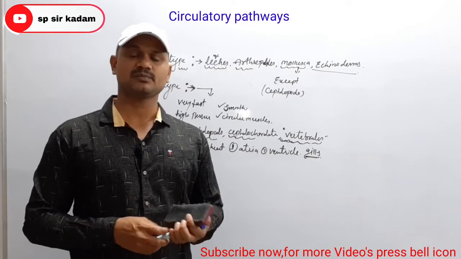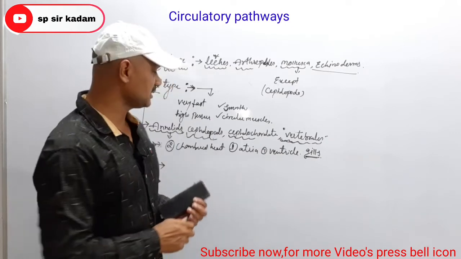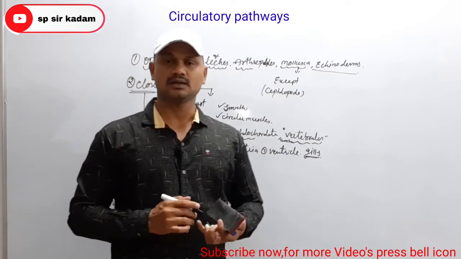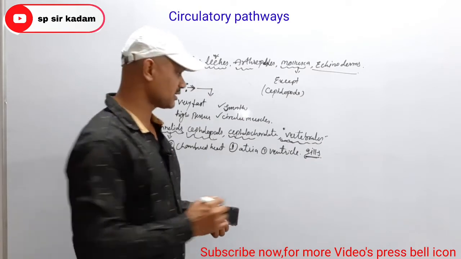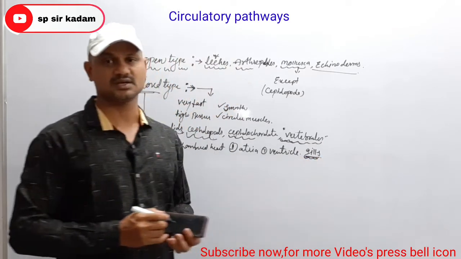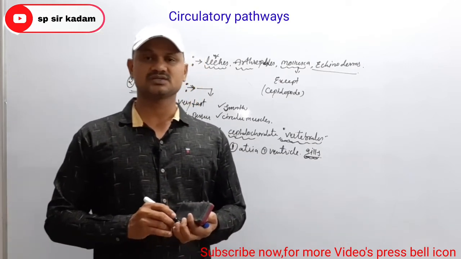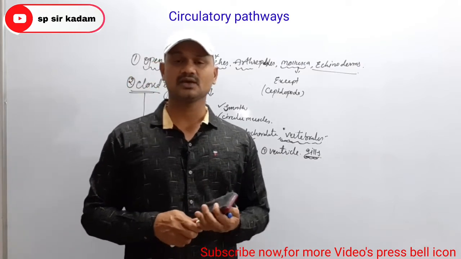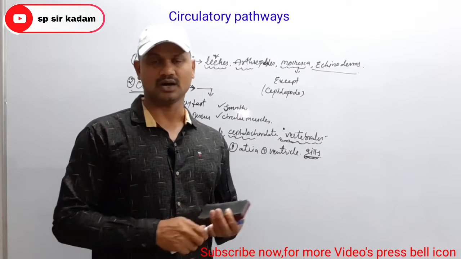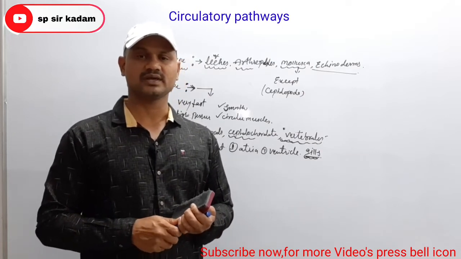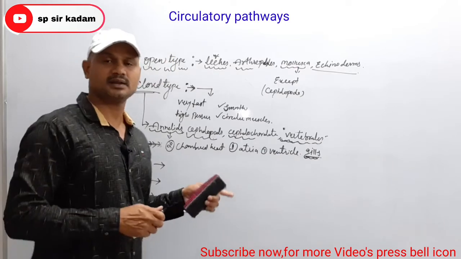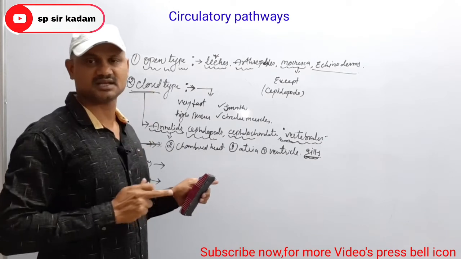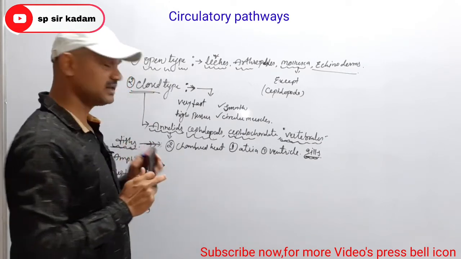And the circulation is which type of circulation? Single circulation. So single circulation means what? It pumps out the deoxygenated blood to the respiratory organs. What are the respiratory organs? Gills. For which purpose? Oxygenation or purification. Then after oxygenation, oxygenated blood is distributed to the body parts, from where deoxygenated blood returns to the heart. Such type of circulation is known as single circulation. It means blood passes through the heart only once in a complete circuit.